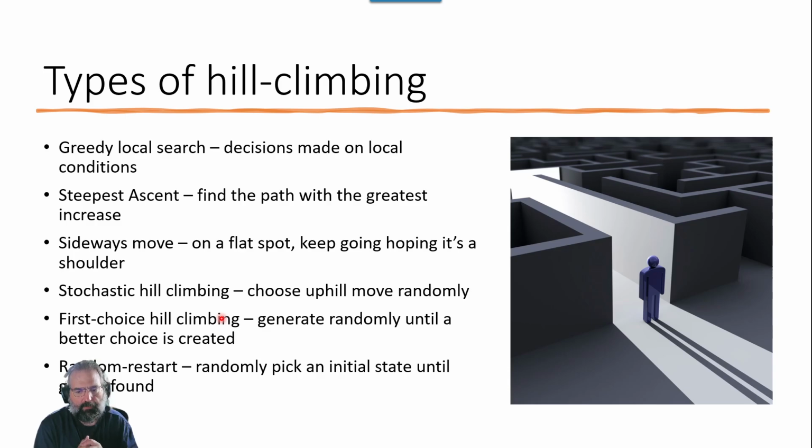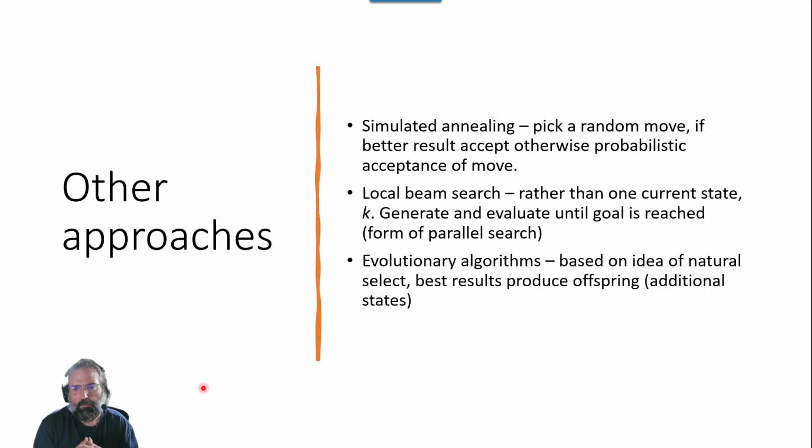First choice hill climbing, generate randomly until a better choice is created. So look around until you find something better, and then random restart, pick an initial state until a goal is found. So start back over periodically and keeping track of the best ones you found so far. There's other approaches, simulated annealing, pick a random move. If a better result, accept, otherwise probabilistic acceptance of move, and then local beam search we've talked a little bit about previously,